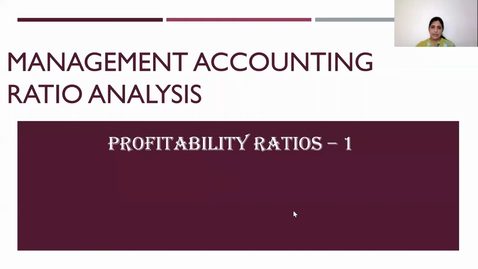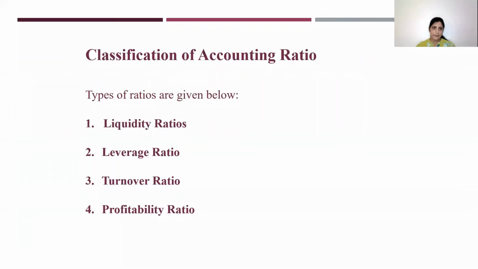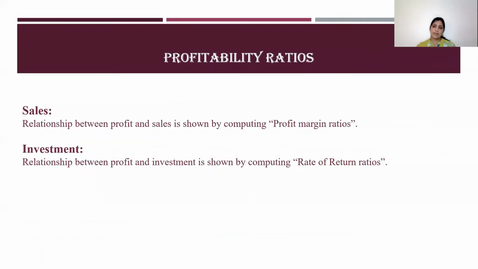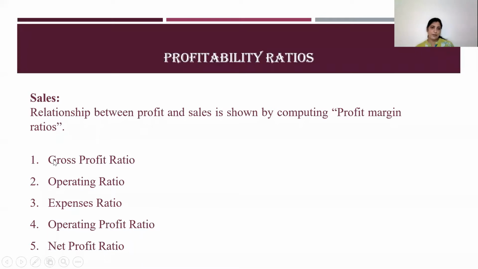In the last class, we have seen about profitability ratio. I told you there are two types of profitability ratio, sales oriented and investment. In the sales oriented, we have gone through gross profit ratio, operating profit ratio, expenses ratio, and net profit ratio. I think we have covered all the five and have given you certain homeworks also. In this, gross profit ratio and net profit ratio are very important. Others, it's okay. They might or they might not ask, but still you have to know all of these things.